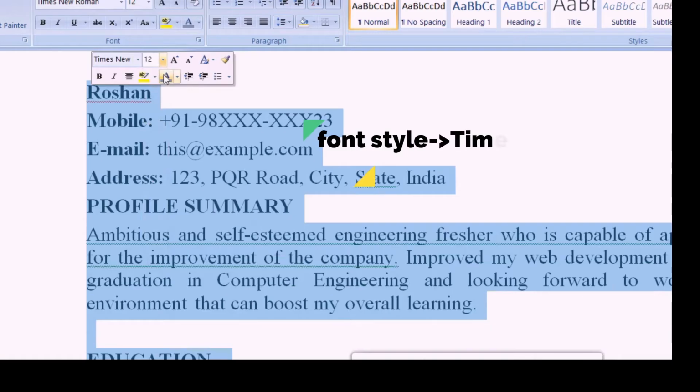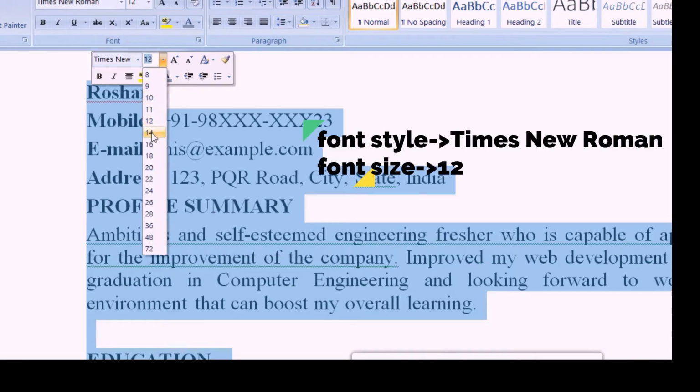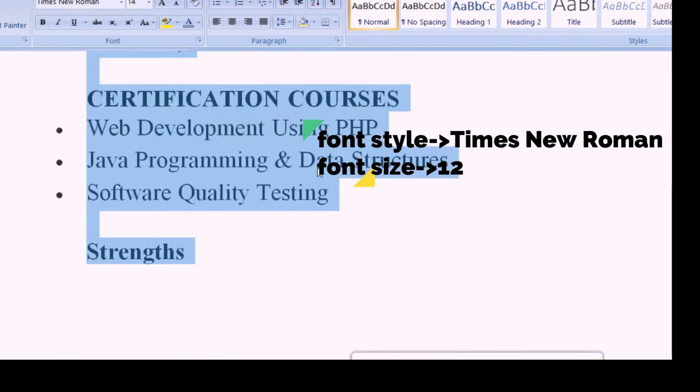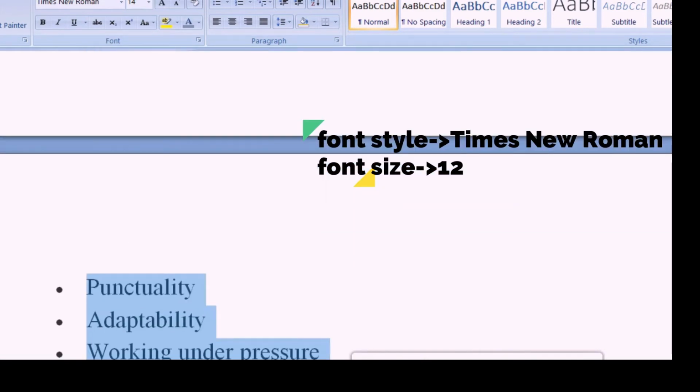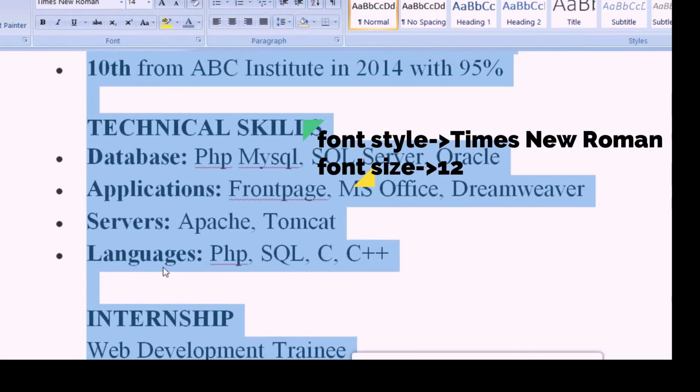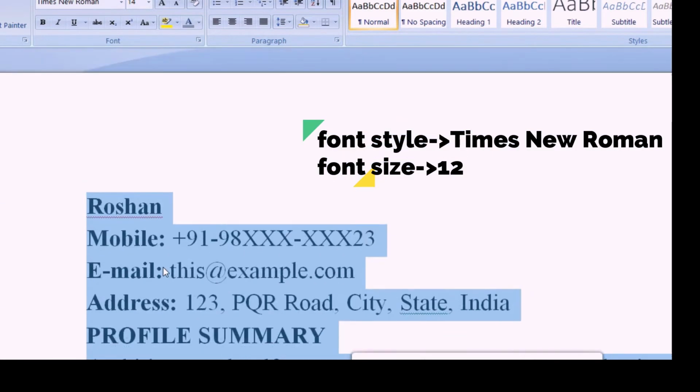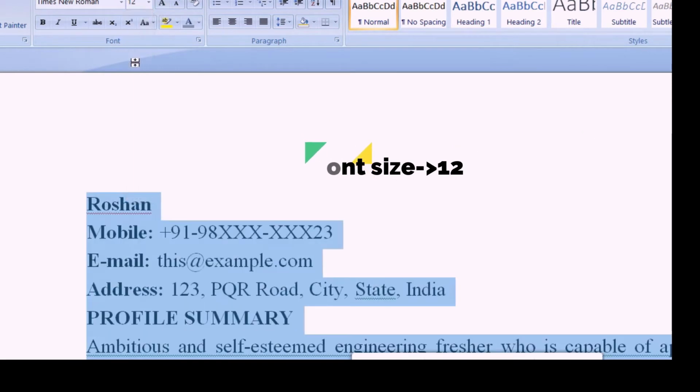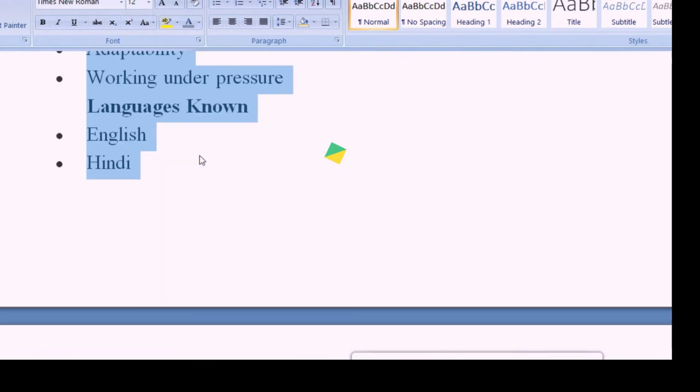If you are a fresher, your resume should be 1 page only. Only in some exceptional cases might it be 2 pages. To make sure my content does not exceed 1 page, I am choosing the font size as 12 itself.